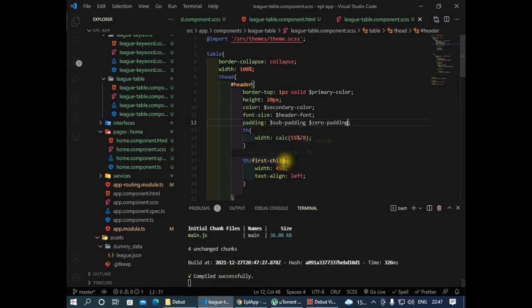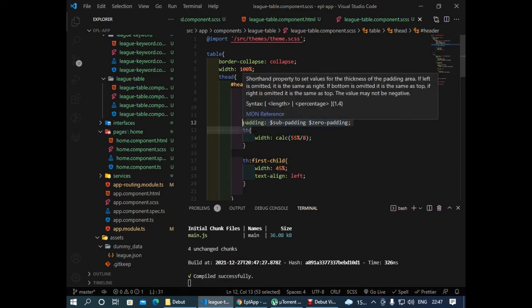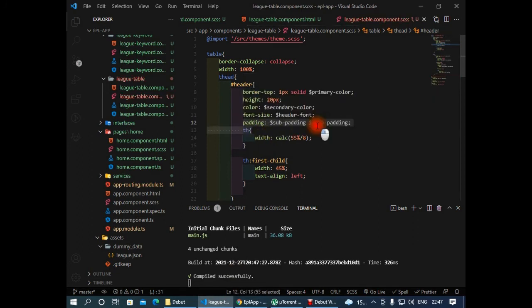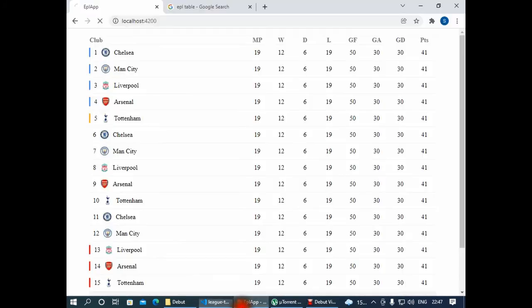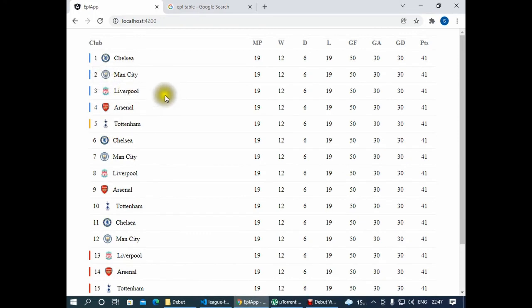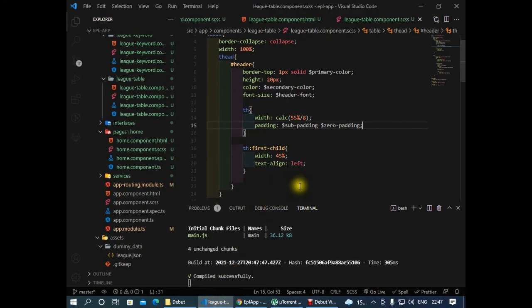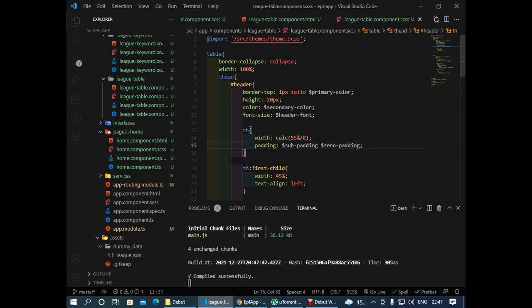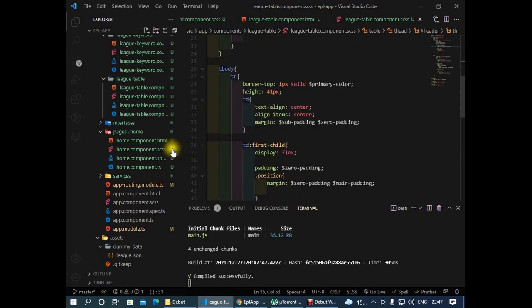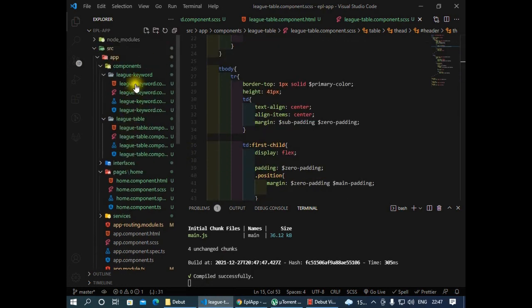Let's see. This is sub. This is no. Do we want to set that for this table? Oh man, what did I do? Now we want to set this for this header. Okay, that's nicely spaced. Now since that's nicely spaced, let's go to this headache that we had and try to